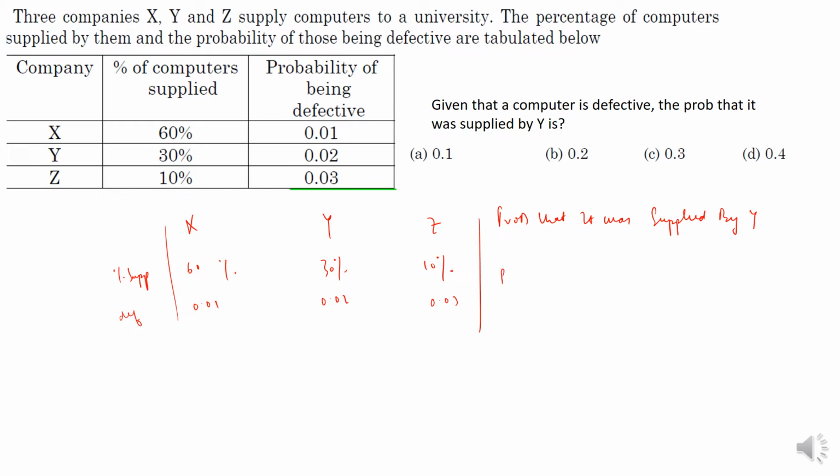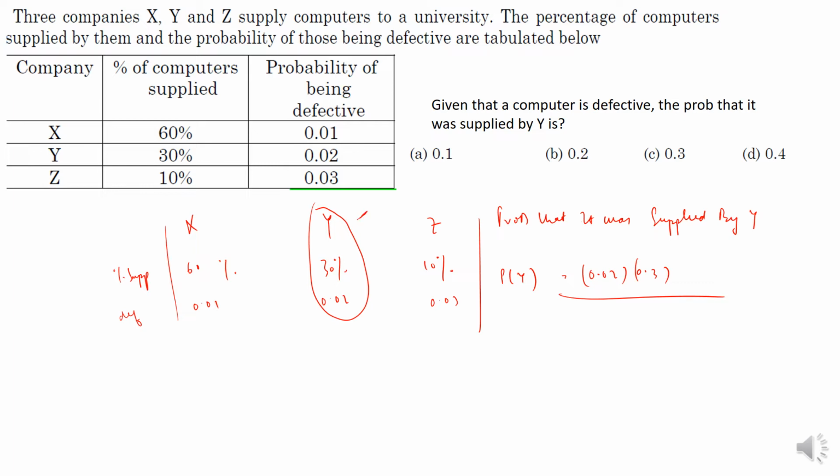See, the probability that it was supplied by Y. See, it was supplied by Y and it was defective, so it will come. So 30% is nothing but 0.3, right? So 0.02 into 0.3 by,